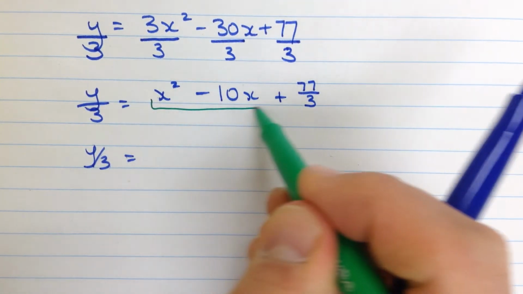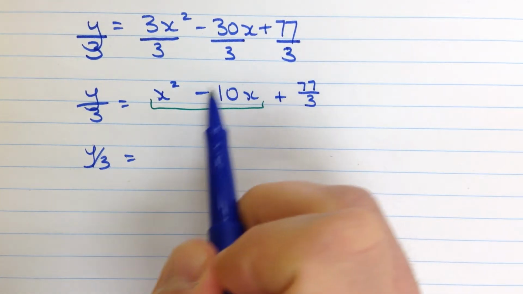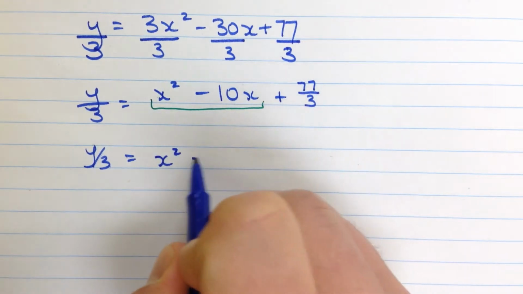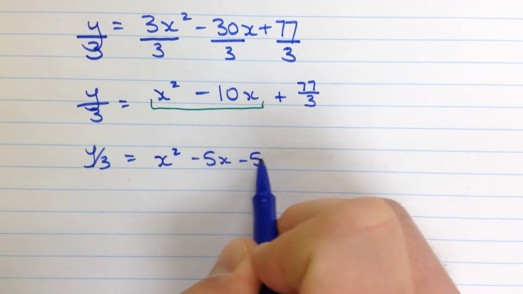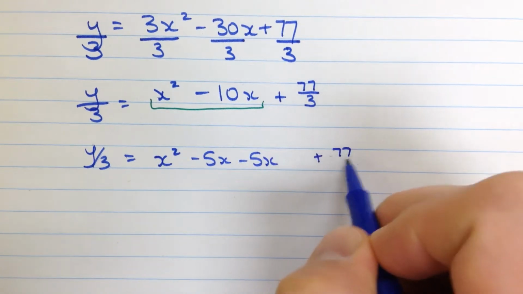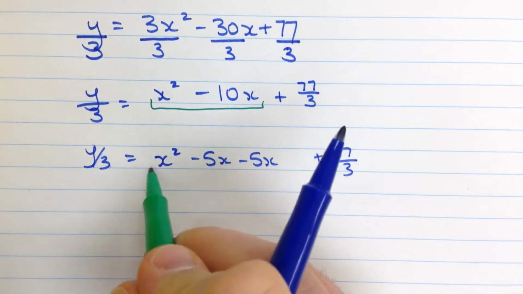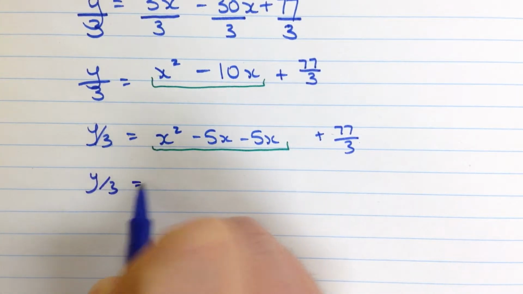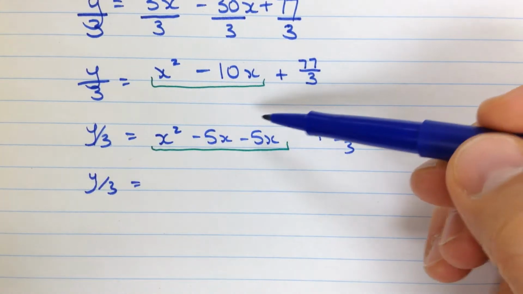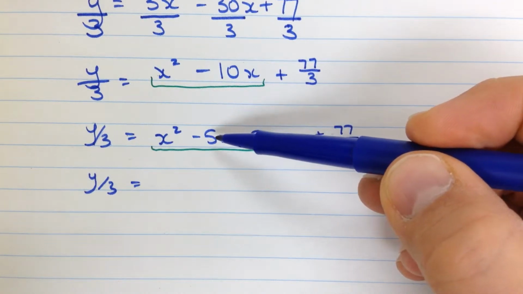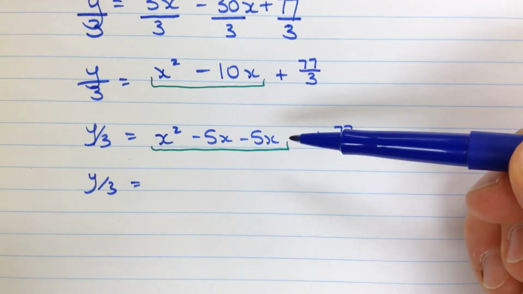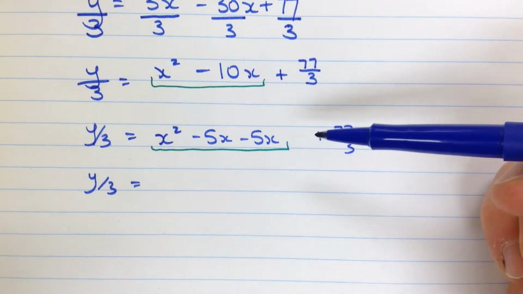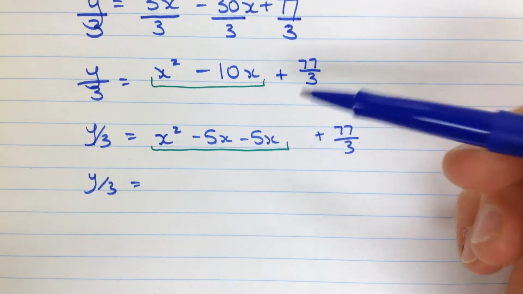So where we're working are these two terms right here. I'm going to split this x term into 2 equal pieces. It's a minus 10x, so I want a minus 5x and another minus 5x, and then we'll have our lonely 77 over 3 on the side. So there's the section that we're working on. y over 3 equals, okay, well, I'm going to end up with x minus 5 as the binomial that's squared in my vertex form. So in order to get that, I need to have a constant term of positive 25,